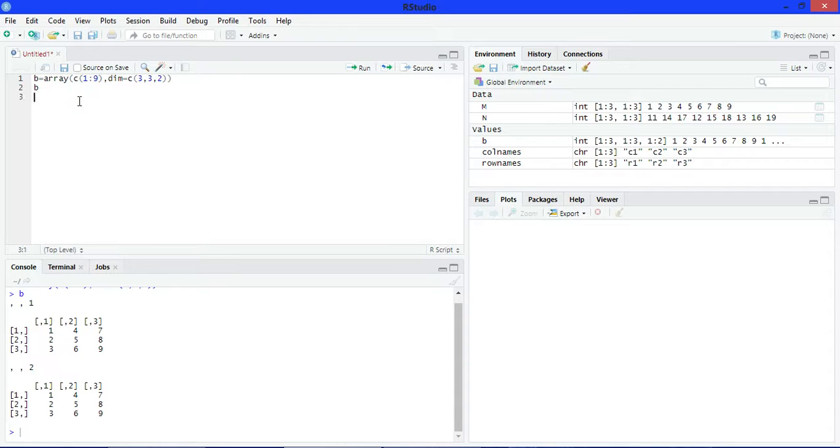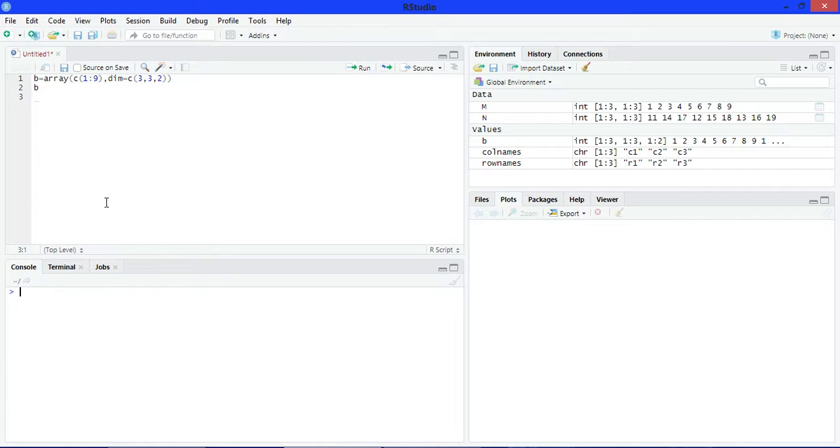See another example. Write V1 is equal to c. Now write V2. V1 has 4 elements and V2 has 5 elements, total 9 elements.